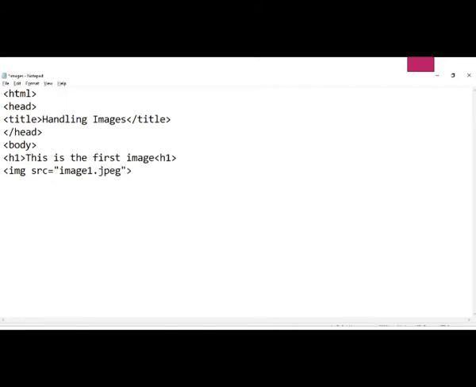Now in the same way we are going to insert one more image. So we are providing a heading level to this image and typing "This is the second image".